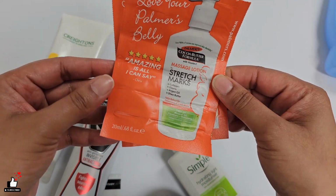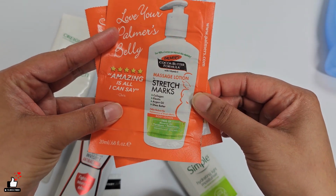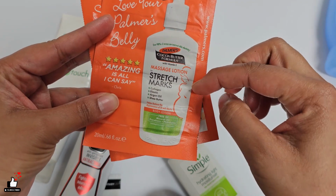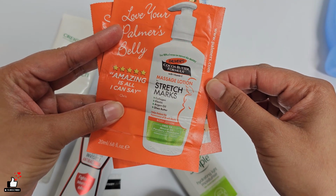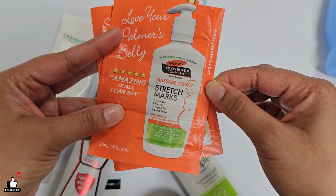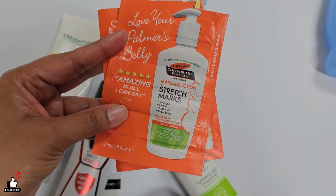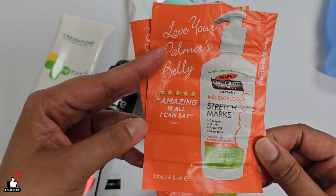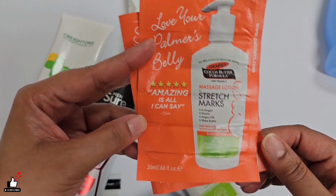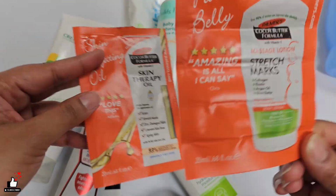And the stretch mark lotion. I used these whilst I was pregnant, on my belly, and I've been using the ones that I've had left as well, and they're not bad, but I personally don't see a difference. I still have a couple of stretch marks. I thought I didn't, but looking closer, I do have some on the sides, and I haven't really seen a huge difference in them, but to be honest, this is not enough. I need to go in with an oil and then use this,